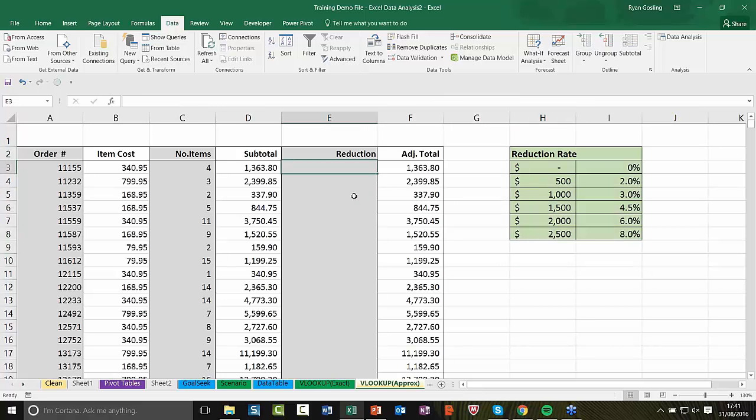And we're going to perform a VLOOKUP. So equals VLOOKUP. Now it's saying what is the lookup value. So I am basically looking up the subtotal in this table, and depending where that subtotal falls is going to give me the amount of reduction that is required in here. Okay. Now you can see here we're going to be using an approximate match, that TRUE argument, because if